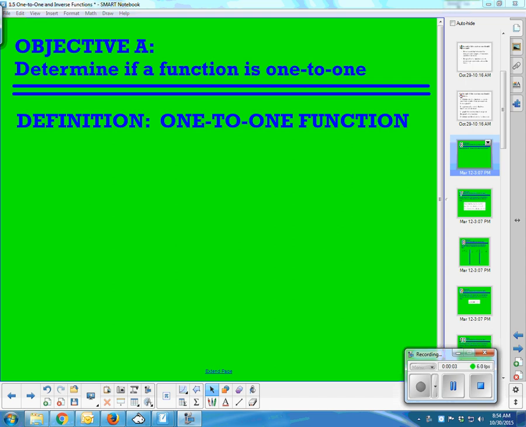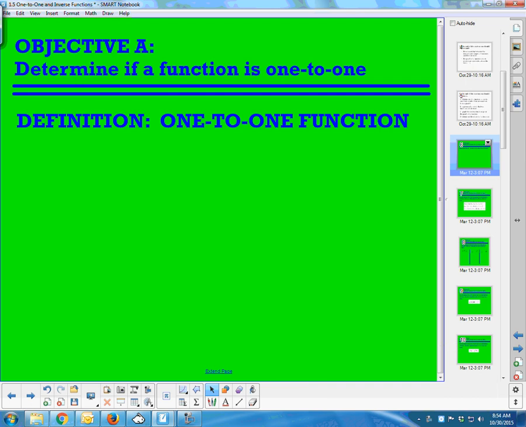In this video, we will be talking about what it means for a function to be one-to-one, as well as how to check to determine if a function is one-to-one. So I suppose the first thing we should start with is what it means for a function to be one-to-one. We already have the word function in that statement. So the first thing we need to say is that it is a special case